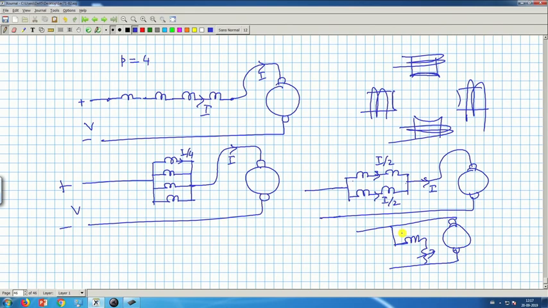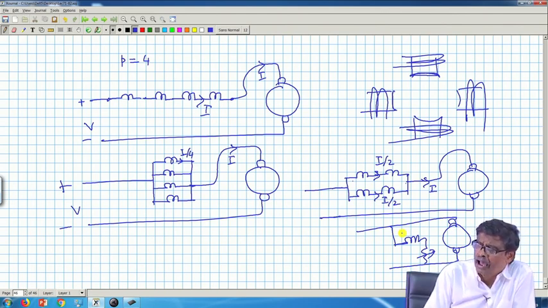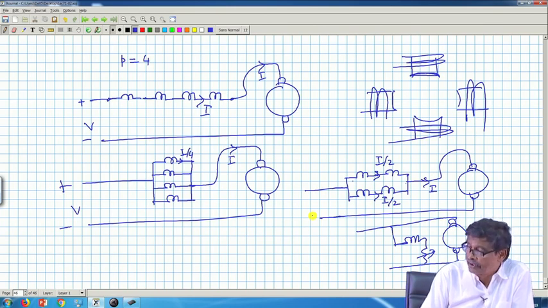Anyway, if you do not like to neglect the resistance, all the resistances are there, RA, RAC, then I will write very faithfully the back EMFs and the torque equation, and also let us not assume load torque remains constant or not. I will write down the torque equation, balancing the load torque, and the back EMF equations, take their ratios, and you will be able to solve the problem. Understood this point.